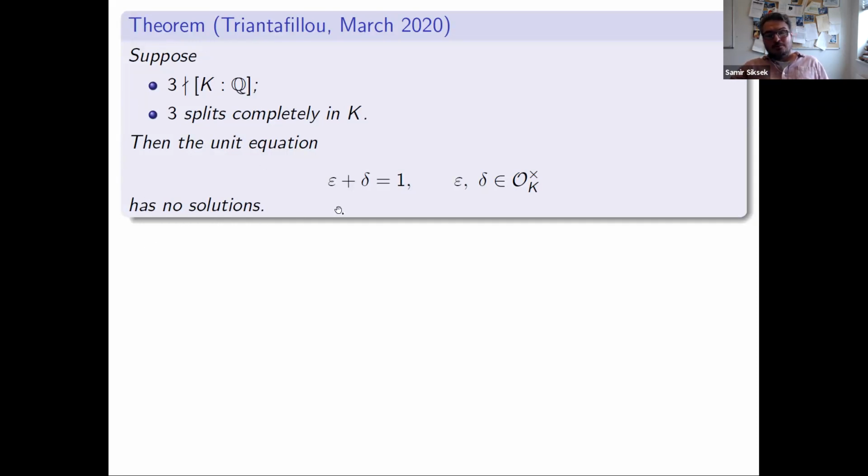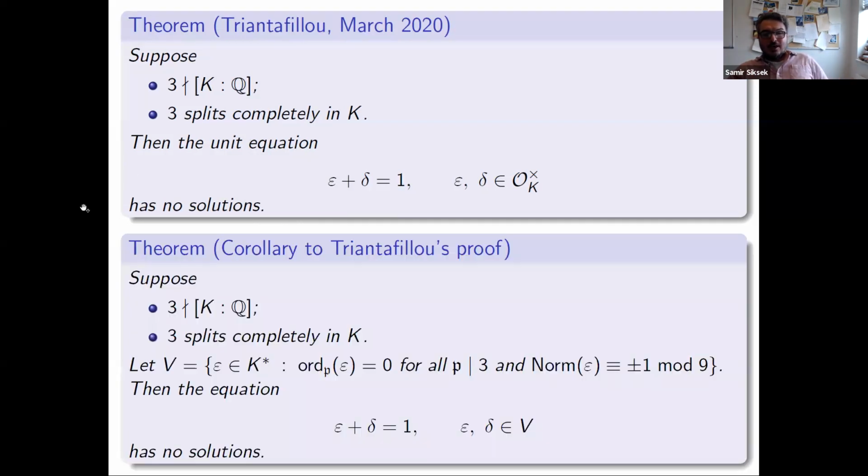But also because, although I followed the proof line by line, and I hope you did, I don't really know what technique this is. So Triantafillou says that he's using Chabauty, Coleman, Skolem. But I don't agree with that, because if you go through the proof again, you will realize, and it's not in Triantafillou's paper, but this is a corollary to the proof.